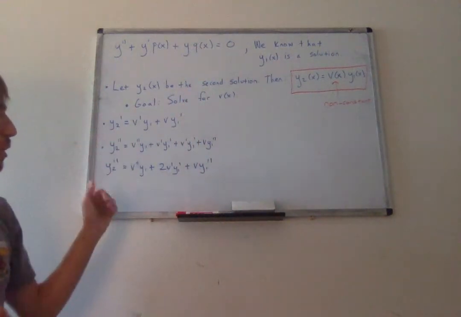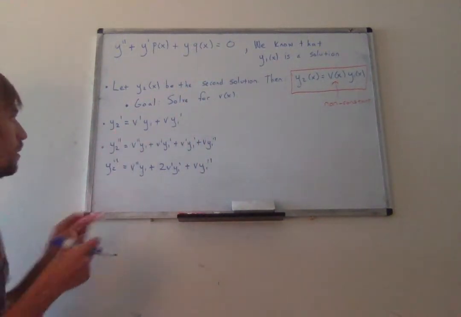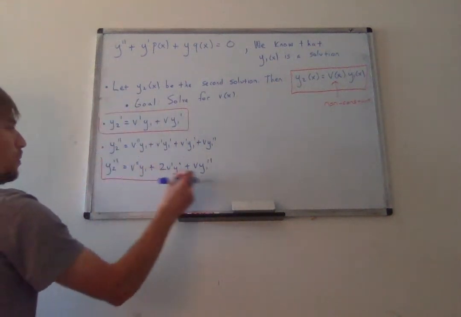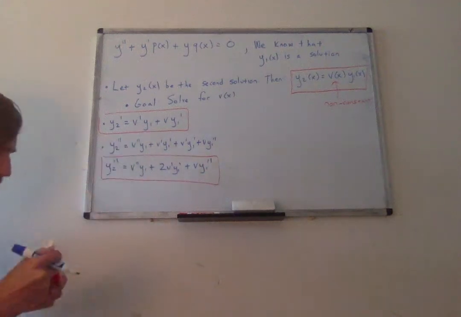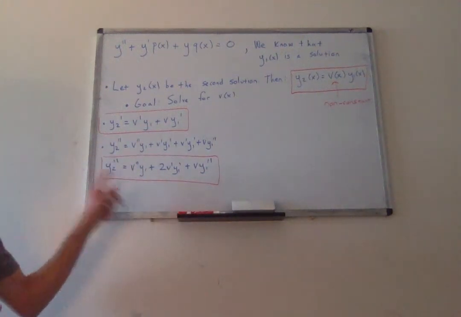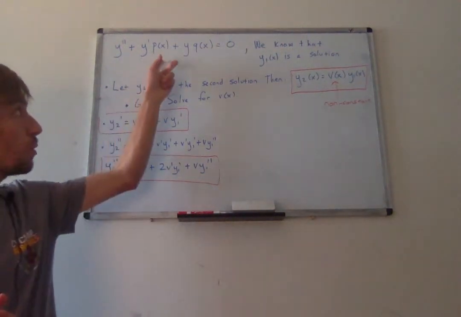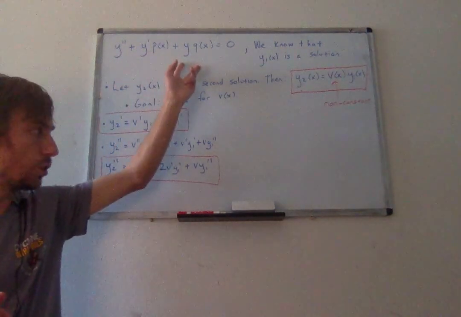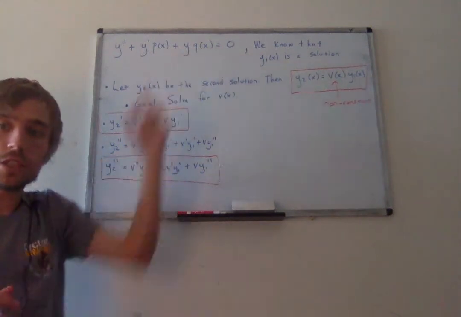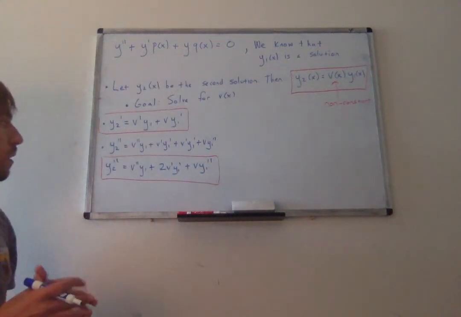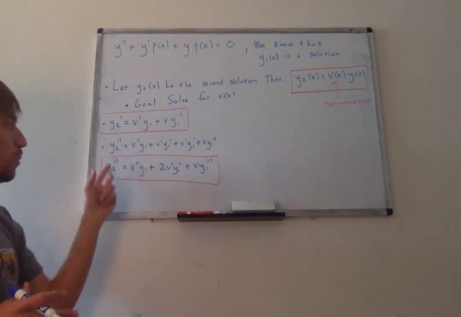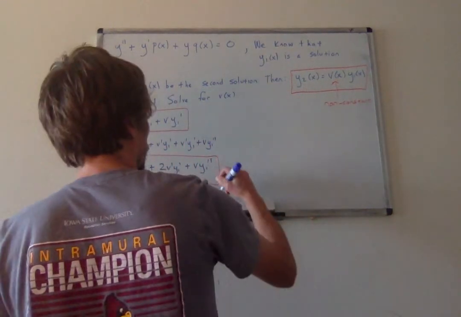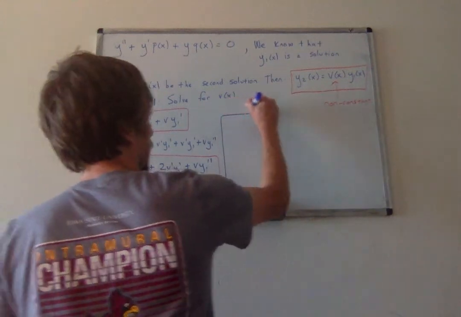We've taken a bunch of derivatives, so we've got y2 prime and y2 double prime. And now what we're going to do, remember, y2 is a solution to this, so I should be able to plug y2 into this function and have this function satisfied. But I'm not going to plug in y2, y2 prime, y2 double prime. I'm going to plug in the right-hand side of all of these equations. So I know that